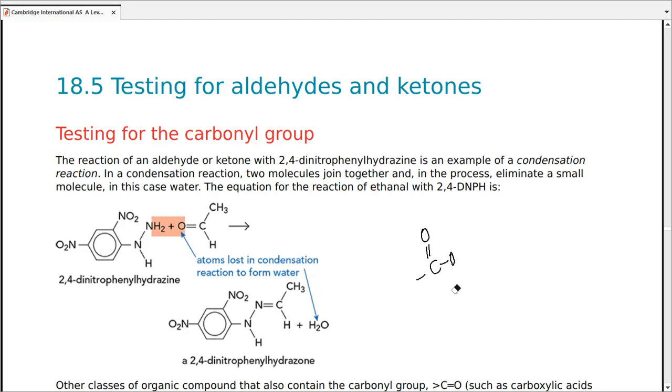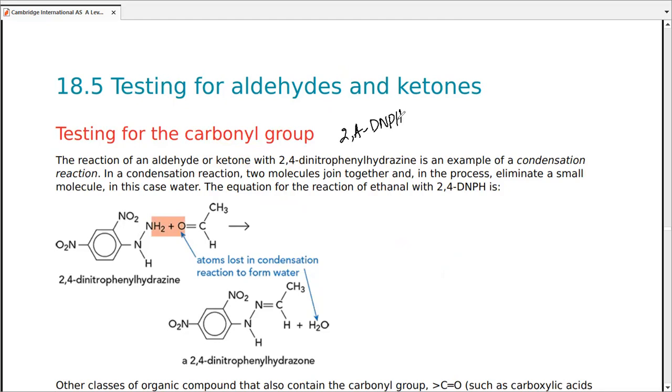So it's the same carbonyl group to which we are giving a small bit of a change, and it either converts into a subtype or converts into a completely different homologous series. So it's important that we identify this carbonyl group and do not mix it with any other homologous series. So testing for the carbonyl group means it would be either an aldehyde or a ketone. What do we use? We commonly call it